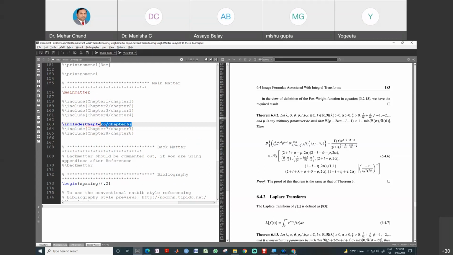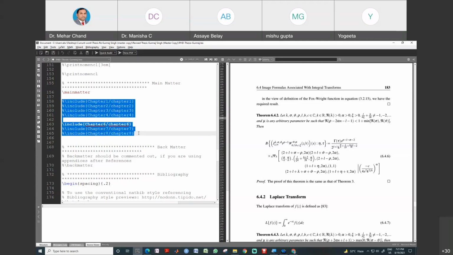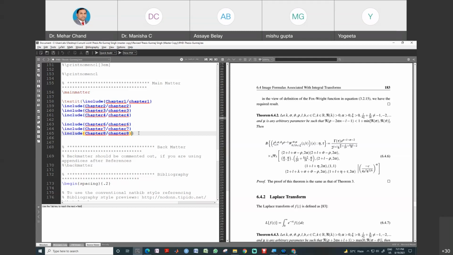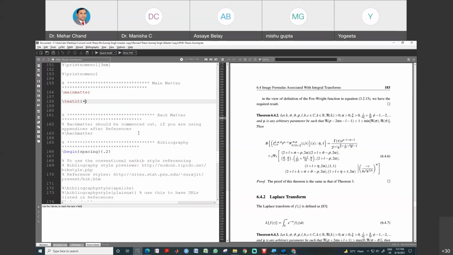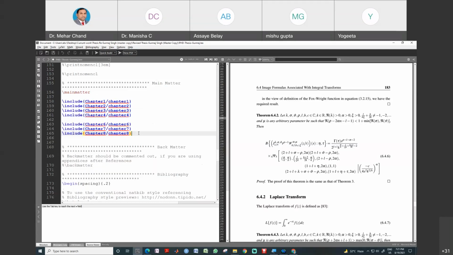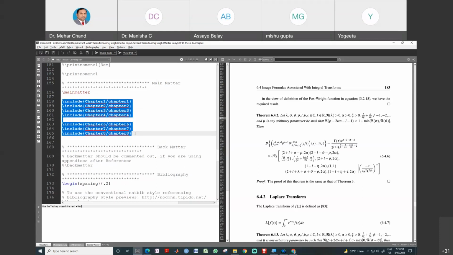So you can easily edit this chapter, and when your work is complete, you can uncomment all these files. To uncomment, select all these and press Ctrl U. By Ctrl U, all this will be uncommented. And if you select all these files and press Ctrl T, they will be commented, so this file will not return the information about the book.